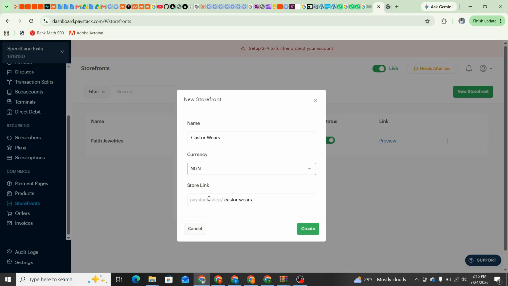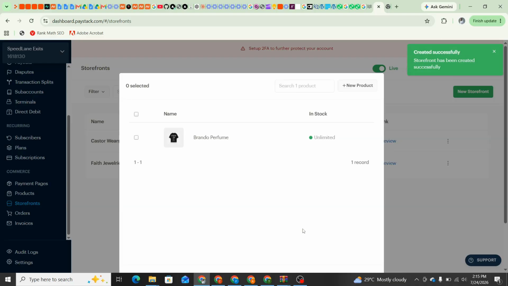So the store link, this is the link you're going to share with people that want to buy from the store you're going to create. So you could customize it, you could change it to something else here. If I just click here, I could change it to maybe Castor Fashion, for instance, or I could leave it as Castor Wares. You could put any customized name here, or you leave it with your business name. It really doesn't matter. Then I'll click on create, right? So now I've created it, and